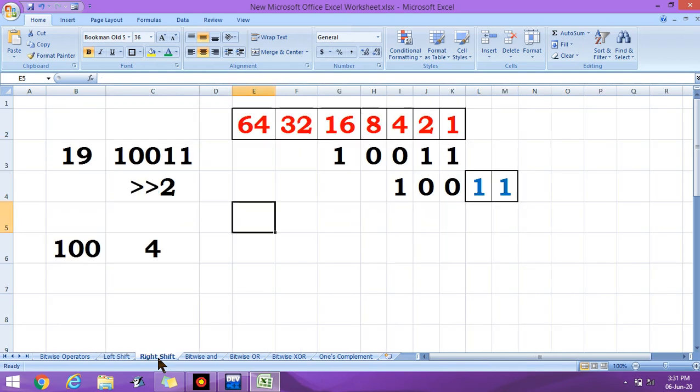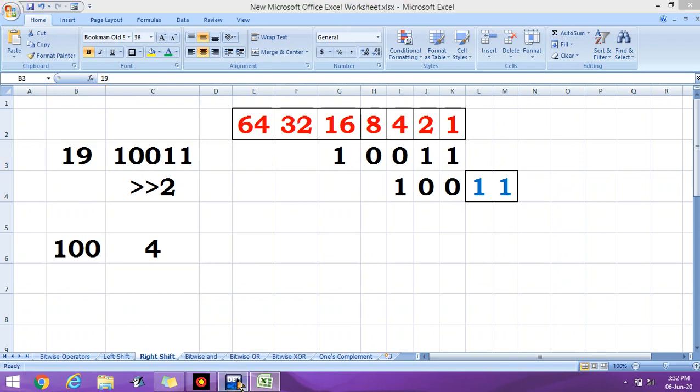Now what about right shift? Suppose you enter 19. First of all, you have to convert, or the compiler already converts, the number into binary. 16 plus 2 plus 1, it's 19. It means 1 0 0 1 1. Now simply you have to shift these values to the right, not to the left. But while shifting the values to the right, the last two values are eliminated. The answer is only 1 0 0. What is the meaning of 1 0 0? Basically this value is 4.